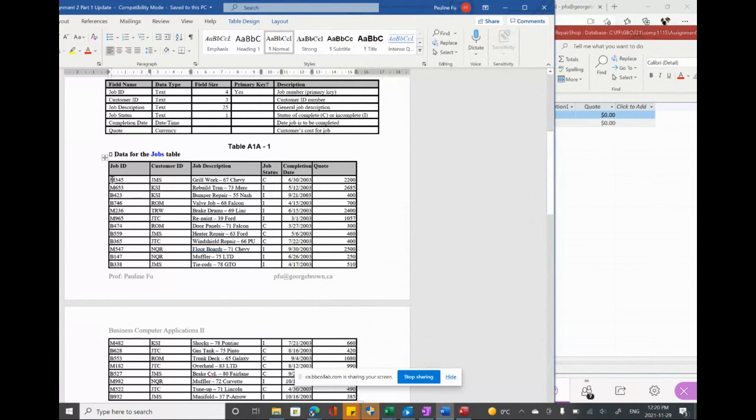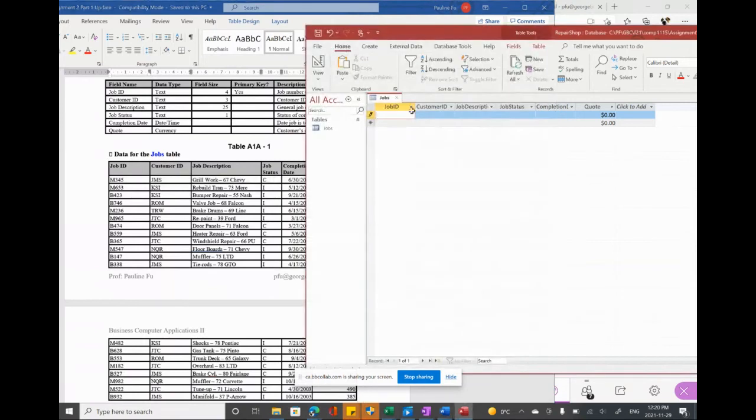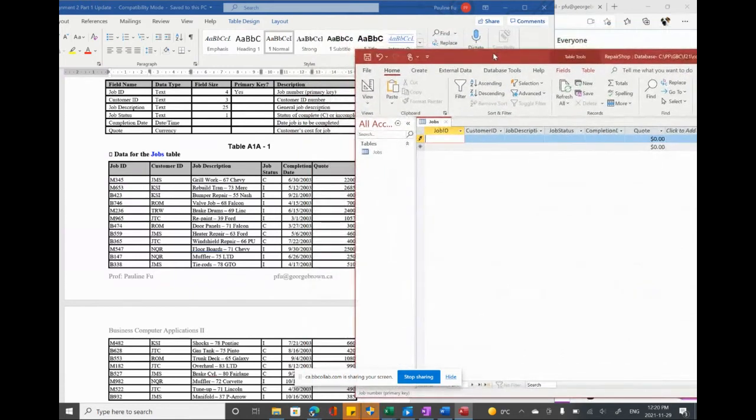Let me try row by row. Try to copy the first row, Control C, and then Control V. No. So I have to enter one by one. Okay. So JobID